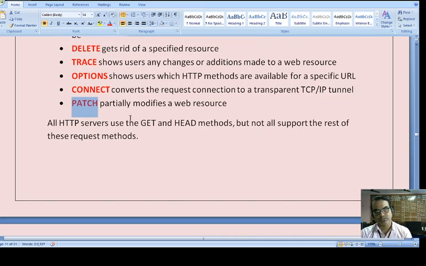All HTTP servers use the GET and HEAD methods. Why are we using HTTP servers? Because our information is there, but with the help of this HTTP protocol only, those servers will be able to collect information from various locations and connect towards the DNS, and from there connect toward the IP, and that produces on the DNS requested by the client. So every HTTP server has GET and HEAD methods.